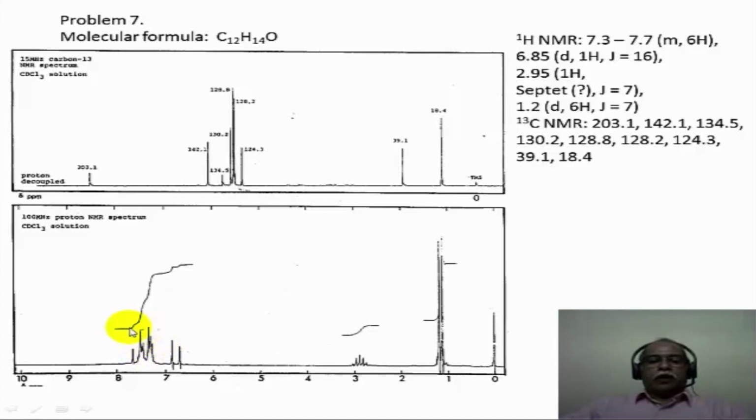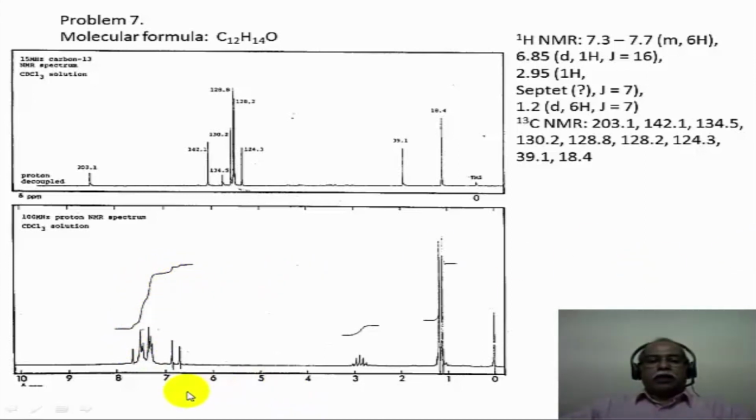If you take the overall integration from this point to this point here, this would correspond to essentially 7 hydrogen intensity, and this is 6 hydrogen intensity here. If you subtract this 1 hydrogen intensity, the rest would be a 6 hydrogen intensity. You cannot have a 6 hydrogen intensity in the aromatic region if it is a monosubstituted aromatic compound. So that also seems to indicate that the coupling partner of this particular doublet is merged along with aromatic hydrogens, and that is why the aromatic integration appears to be 6 hydrogen integration.